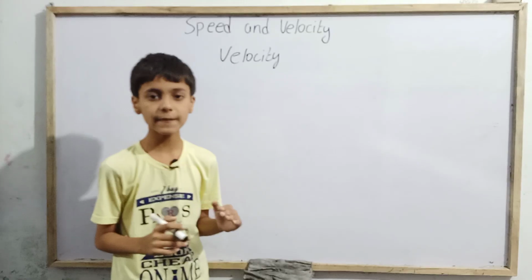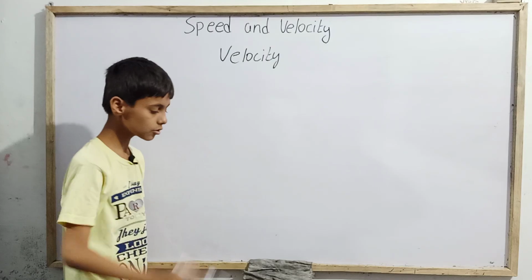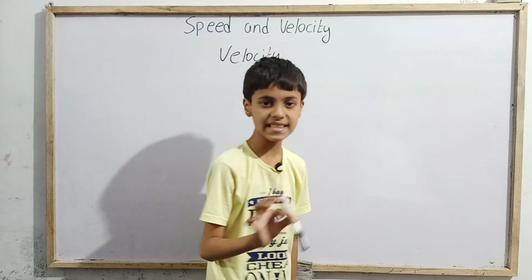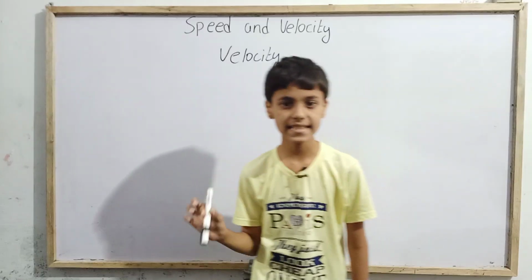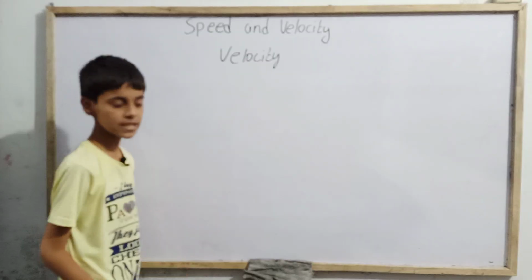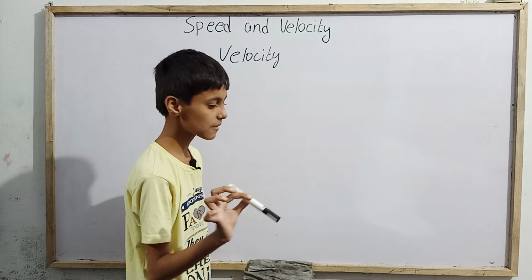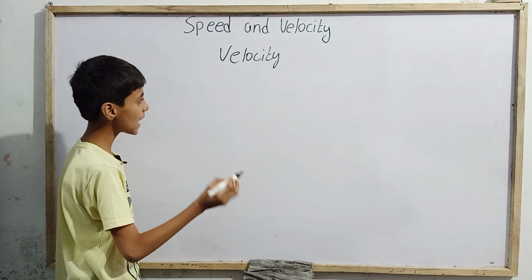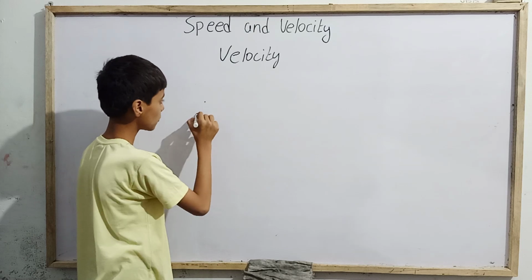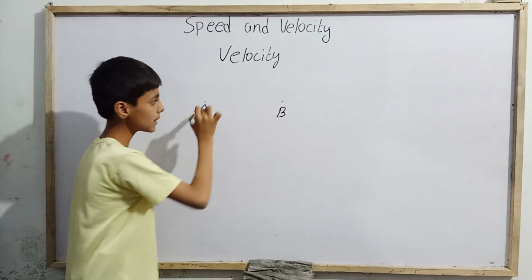So velocity we can define as, generally for knowing about speed and velocity, we need to know about distance and displacement. So first of all, before velocity, let me define distance and displacement. Just like if I have 2 points, 1 point here A and 1 point here B. If I am going from A to B,